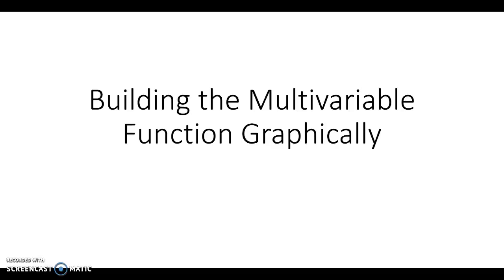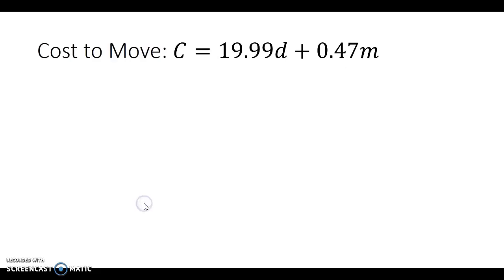When we think in multiple variables at once, the problem becomes quickly a little bit more complicated than it does in 2 dimensions. We're fairly familiar with various functions in 2 dimensions: linear, exponential, quadratic, cubic, all that good stuff, but we're a little less intuitive about graphs in multiple variables. So let's look back at the cost to move model. And what we're going to do here is construct graphs for multiple